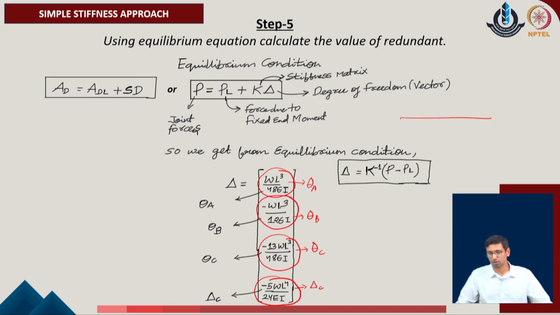So, for the original problem, we have considered that at the joint A, the rotation is considered to be anti-clockwise. At the joint B, also the rotation is considered to be anti-clockwise positive. At the joint C, also the rotation is considered to be anti-clockwise positive, and the translation is also considered upward positive. So, if the value comes out here as a positive, that means the rotation at the joint A is anti-clockwise itself. At the joint B, it is clockwise, at the joint C also it is clockwise, whereas at the joint C the translation is in the downward direction.